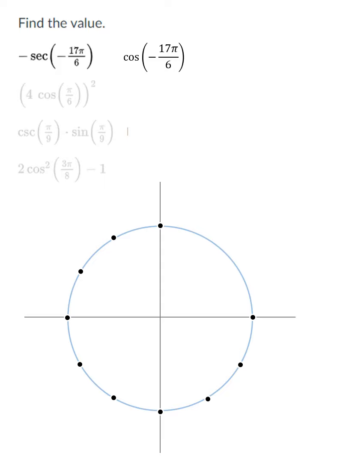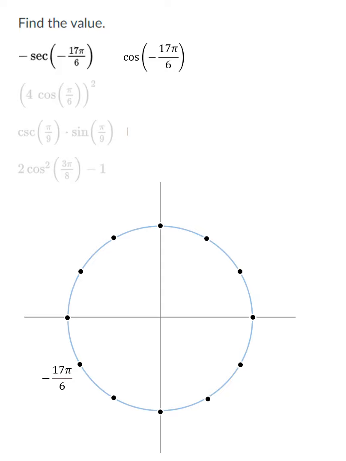Negative 8 pi over 6, negative 9 pi over 6, negative 10 pi over 6, negative 11 pi over 6, negative 12 pi over 6, negative 13 pi over 6, negative 14 pi over 6, negative 15 pi over 6, negative 16 pi over 6, and finally, negative 17 pi over 6 would terminate here,